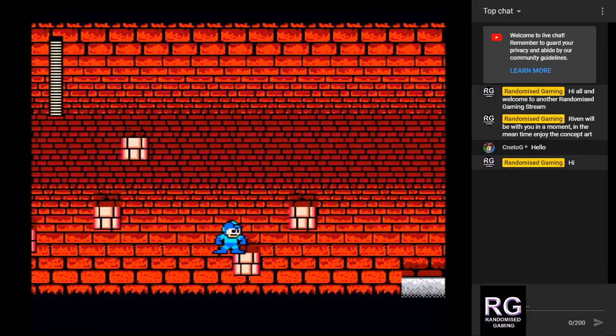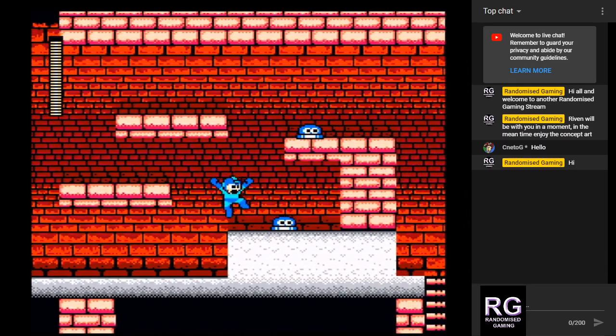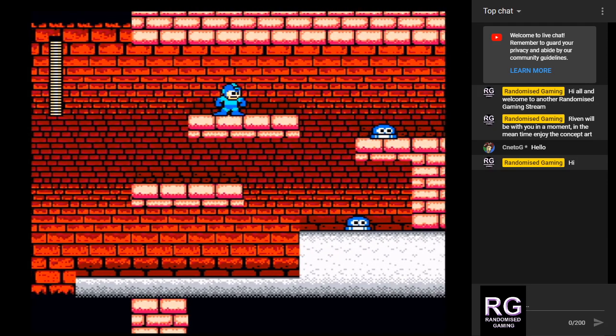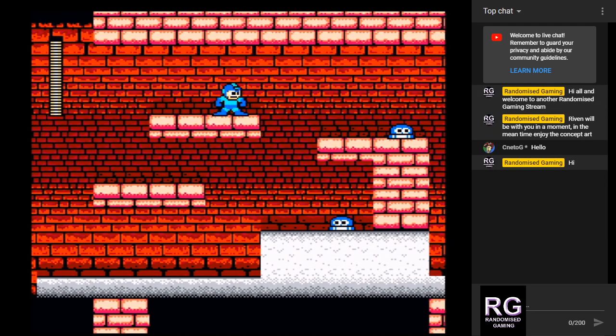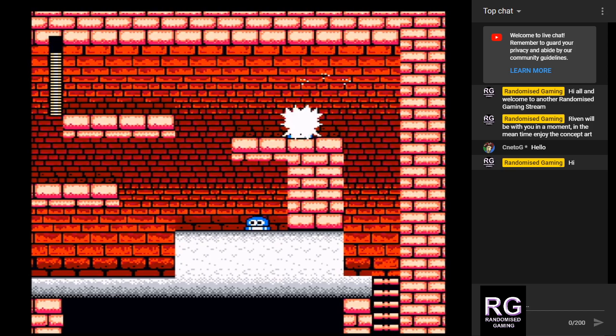So another thing in Mega Man games, always keep on the move if you can. They do like to punish people if you sit around, just inundating you with enemies, so keep on the move. And be prepared to jump fast, so I need this guy to be just over here because he's going to go dashing as soon as I...